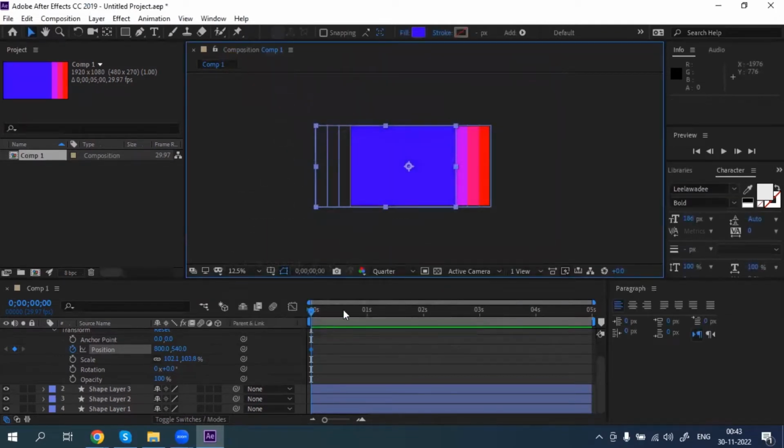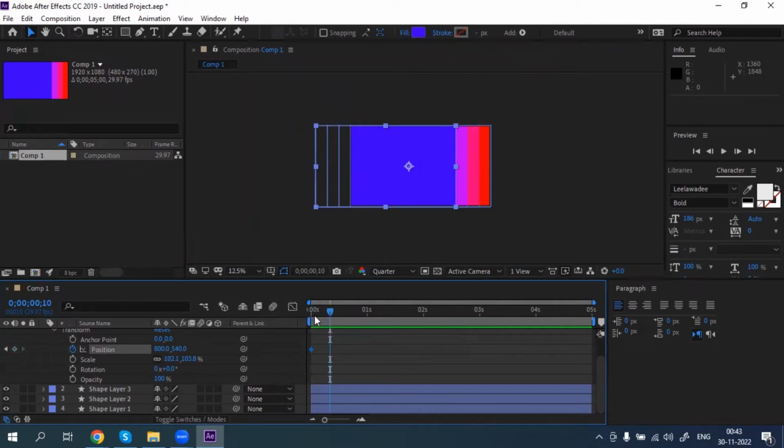So we can see 1 second, 2 seconds. Earlier it was 9 minutes something, but I do not need that long a composition, so I have reduced it to 5 seconds only. Because a transition is a very short video, we can use just 1 second or 2 seconds. So here we have selected